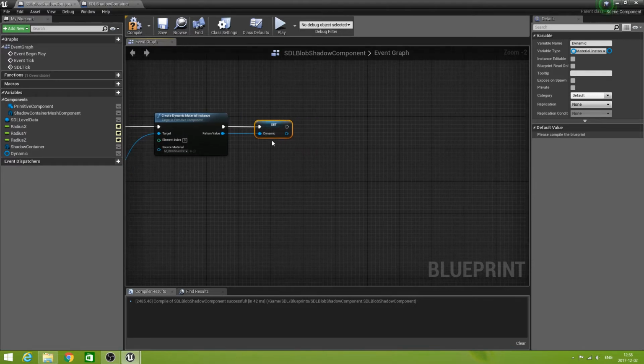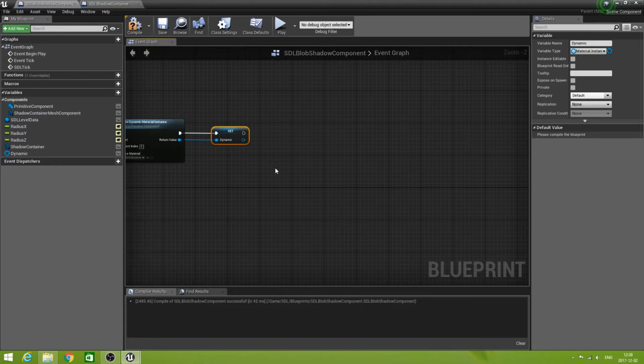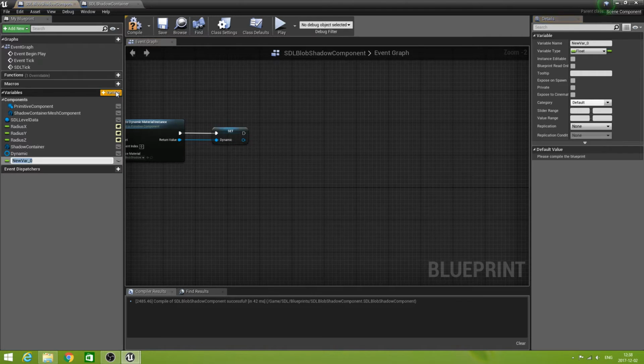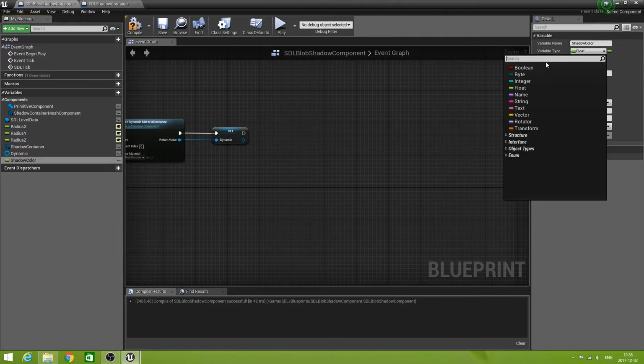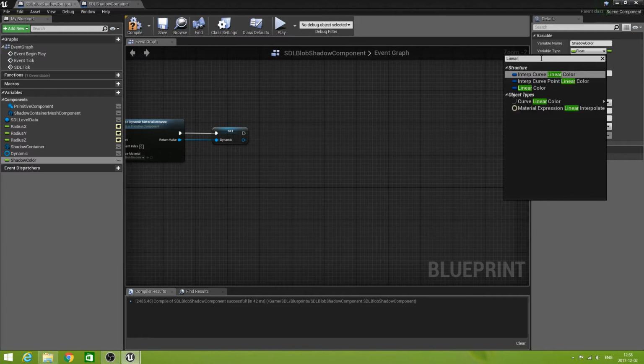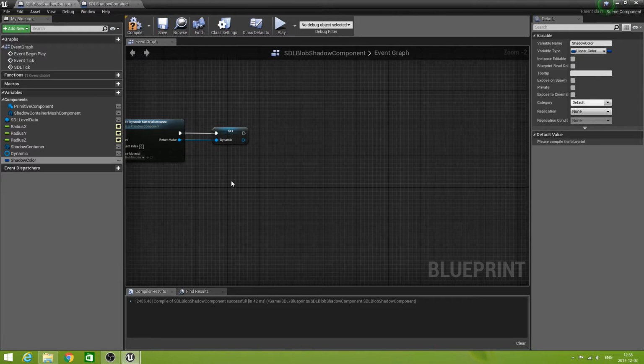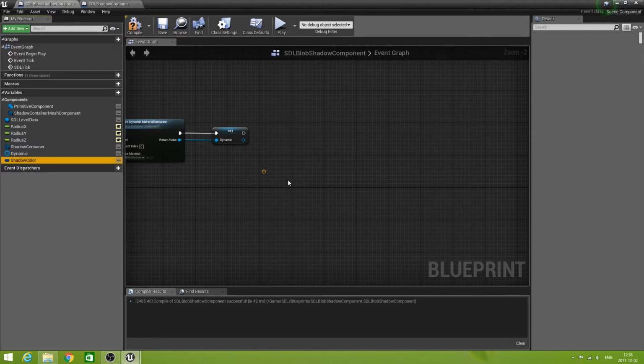So what we need to do now is to set the parameters that we created in our blob shadow material. The first one we're going to set is the shadow color. Let's create a variable called shadow color, and let's give it the type of linear color. Drag it out, get the shadow color,